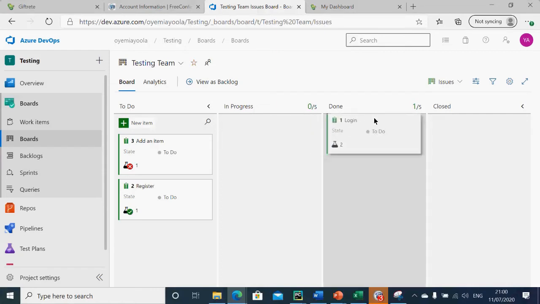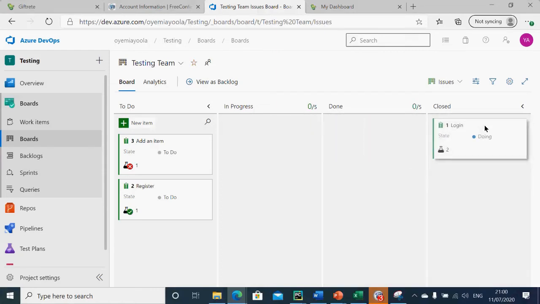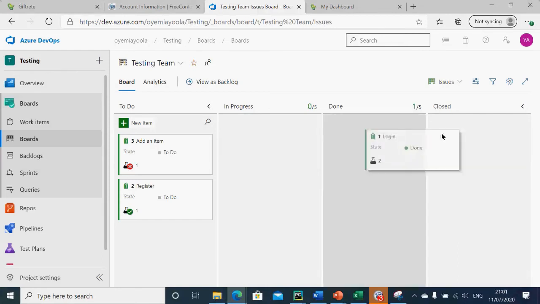After it's done, I can move it to done. And when I finish done, I can move it to closed. It's done. So that's the way you can move the ticket. But